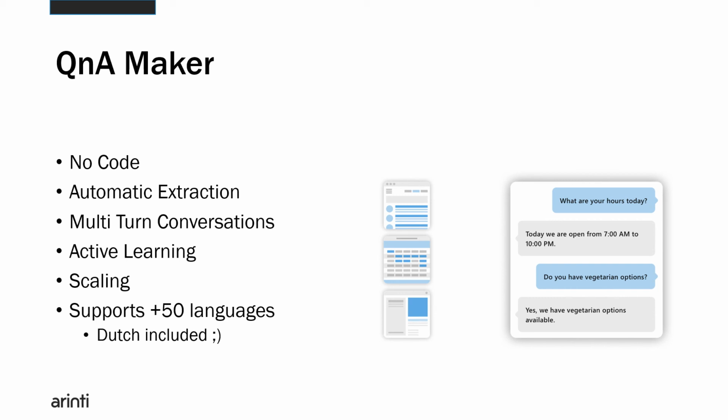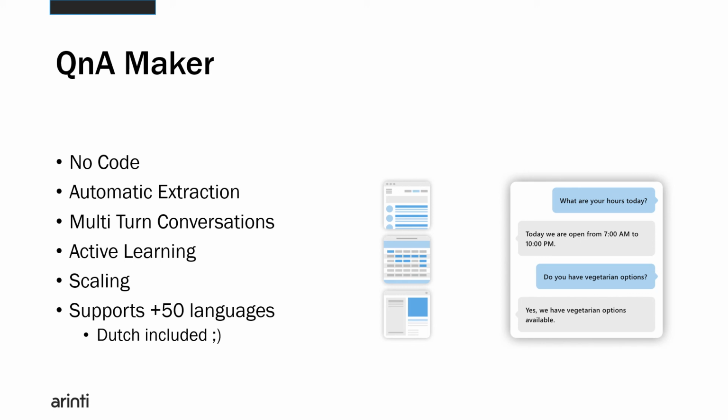With multi-turn conversation, the cool thing is that, for example, we are building a chatbot for a local government, and one of the questions is, I am looking for a school. Where can I find a school? Well, then the bot could ask, what kind of school are you looking for? Are you looking for a music school, a sports school, nursery, university? That will be an extra question sent to your user, and based on that, you will get